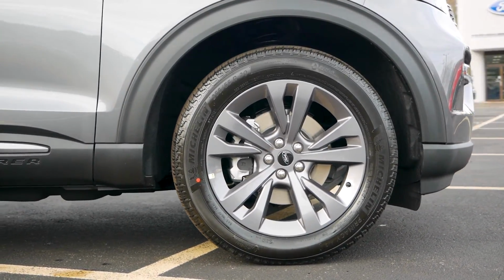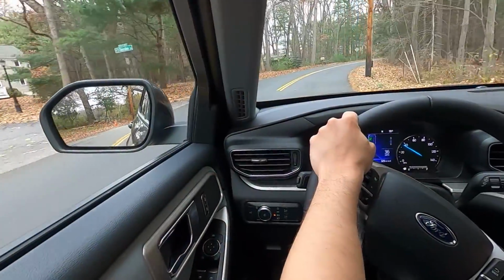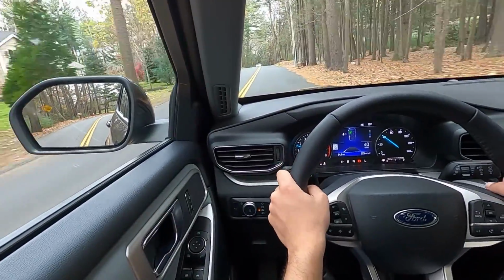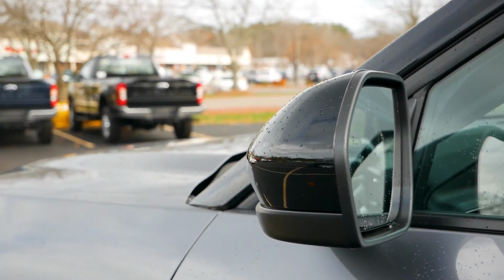But if you're looking for a softer ride quality, you may want to stick with the 18s that come standard. Even with the larger wheels, the Explorer handles the imperfections quite nicely to offer a comfortable driving experience on longer road trips. Adding a nice color contrast is the gloss black side mirror caps, and you'll have blind spot detection